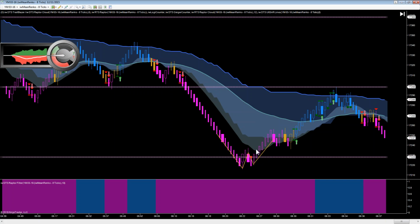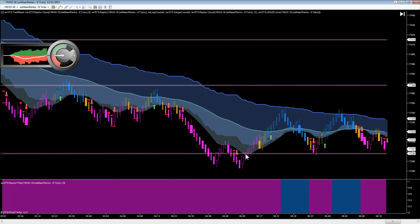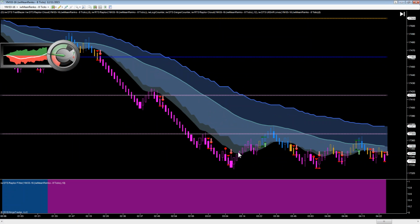So Jim's monitoring the band from here to here. And when it gets overextended, it seems the market does have a tendency to pull back into that hard edge. So here's another one. And a little itty-bitty test of the extreme. Yes, technically it did go lower, maybe by a tick or two, but the principle remains the same. And here too, the band is a little bit overextended when this happens. Here's another one that did not follow through back all the way to the hard edge,